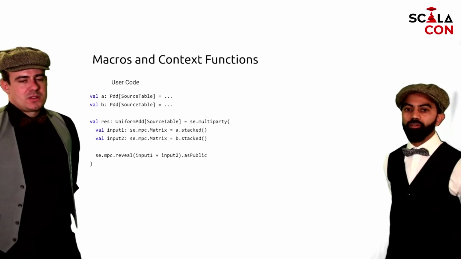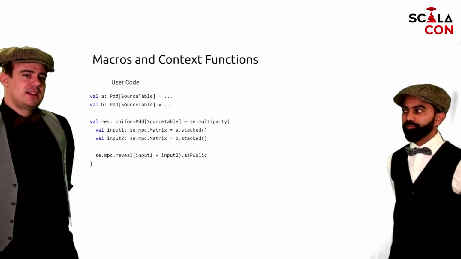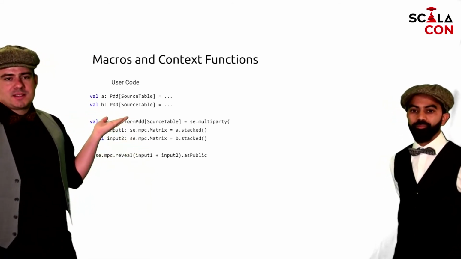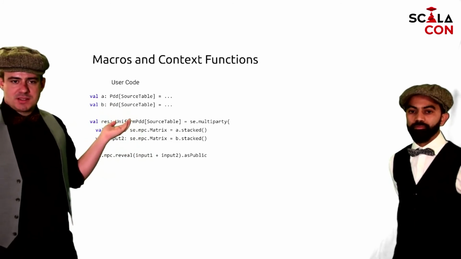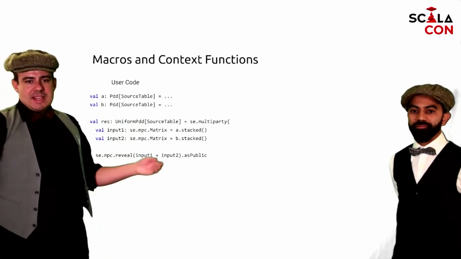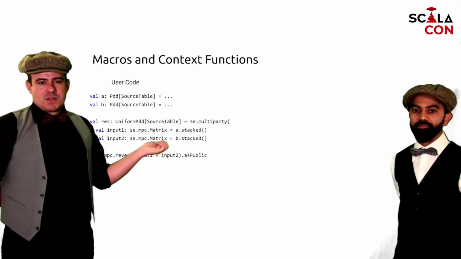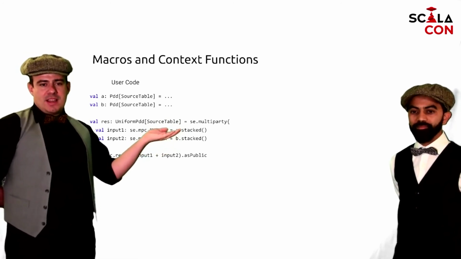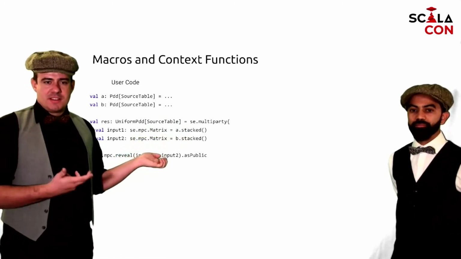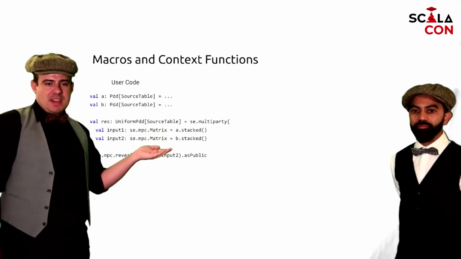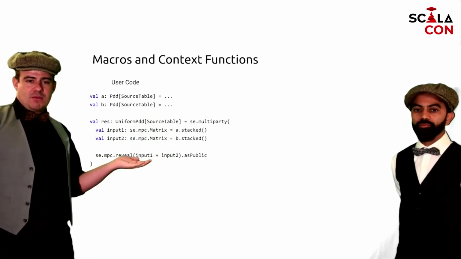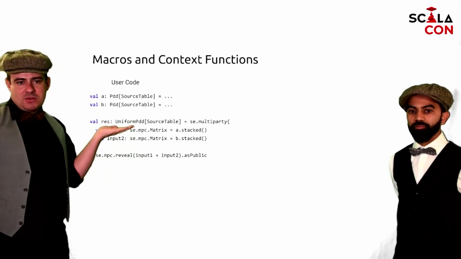We'll start by looking at what we would like the user to be able to write. In a general flow, again, it's PDDs, and the algorithms you express are often fairly linear. So here in this example, we just have two PDDs we assume exist somewhere. And then we want to use them in a multi-party computation. And inside of here, remember, this is a different language. So we view every outside PDD as a matrix, which again is this virtual object specific to this language in here. Same goes with the other inputs. So we want to capture those things. And then we want to map a result of some other type here to the PDD world.